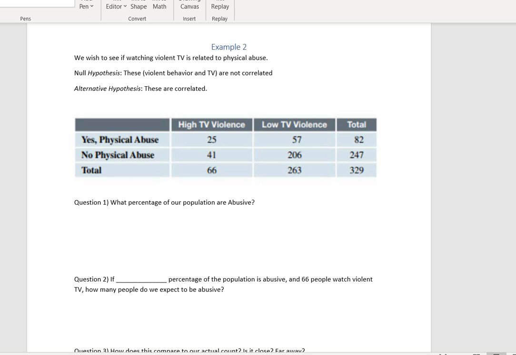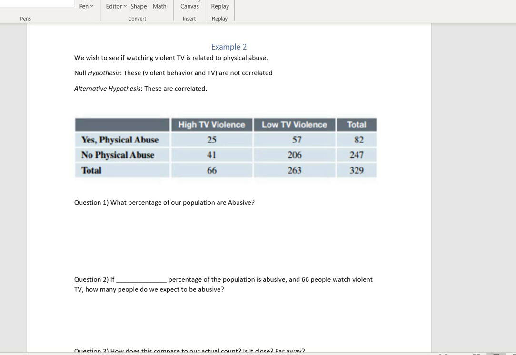So here's how this example is different from the previous one. In the previous example, we had percentages before we actually took our observations. However, in the real world, we're not going to have any information until after we gather our observations and our samples. So here's what we're going to do: we're going to look at our sample, and first we're going to think, okay, if my sample reflects a population, then what percentage of our population are going to be